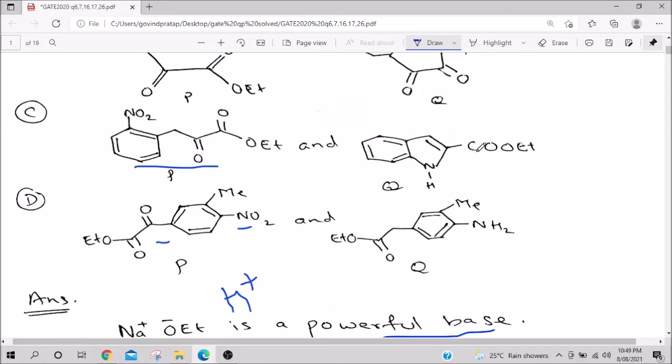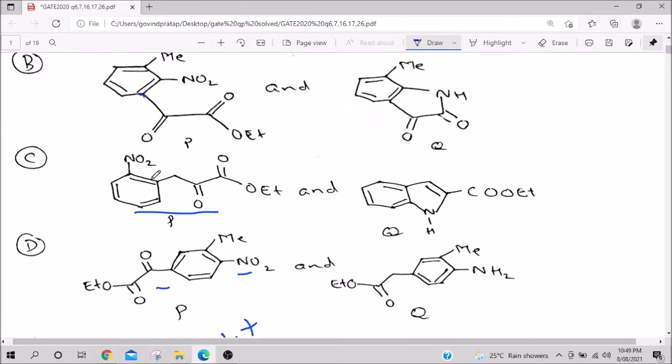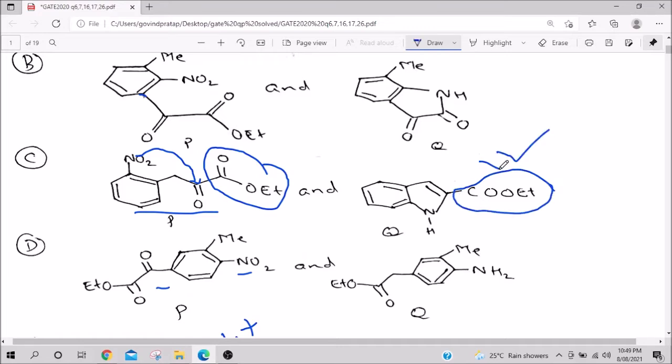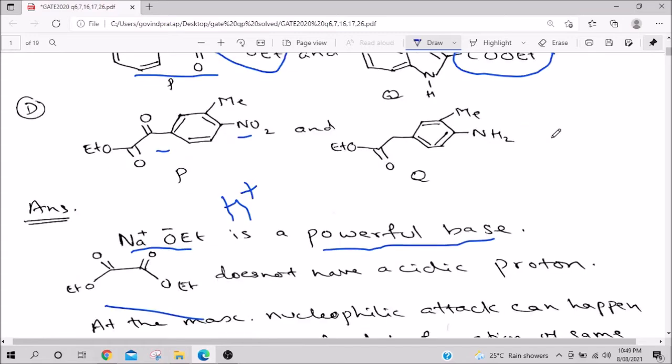Let us see at C. What is happening is this NH2 is attacking on this, and some things will be happening which we will see soon. This COOEt remains there, and that is what is seen here. This is what is forming. So to me it looks like C should be the answer, but we will find out through the mechanism.